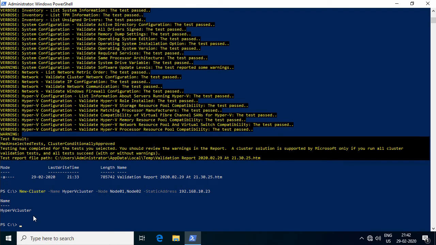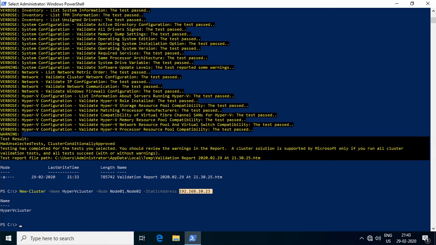All right, the failover cluster has been created. Now, since the above command creates a cluster name object, which is the computer account for the failover cluster in Active Directory, as well as a DNS entry, an A record, as well as a PTR record, the user running this command must be a domain administrator. If the user is not a domain administrator, then the computer account and the DNS entries must be pre-staged before creating the failover cluster. And that's it, the failover cluster is created.